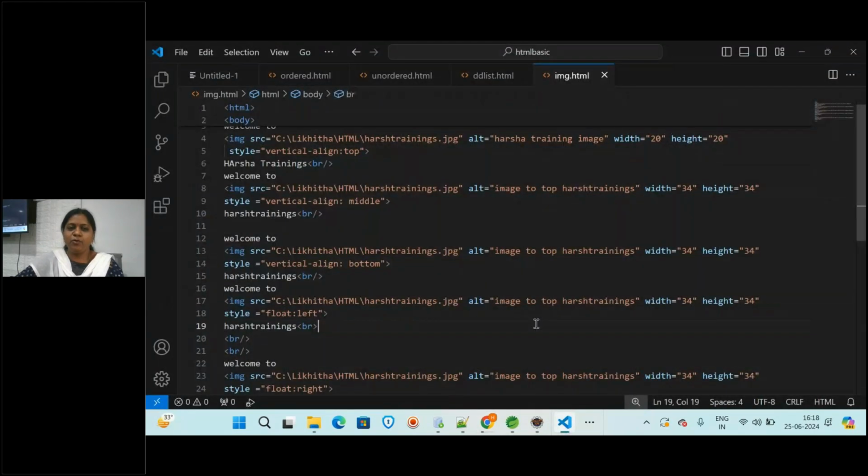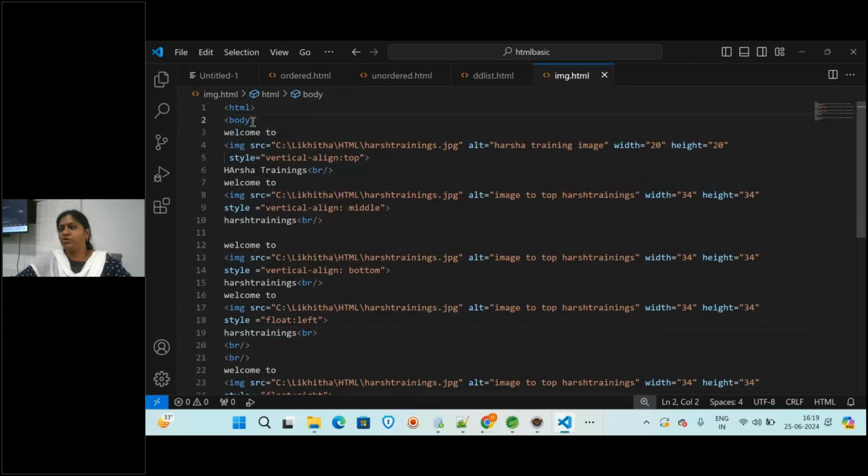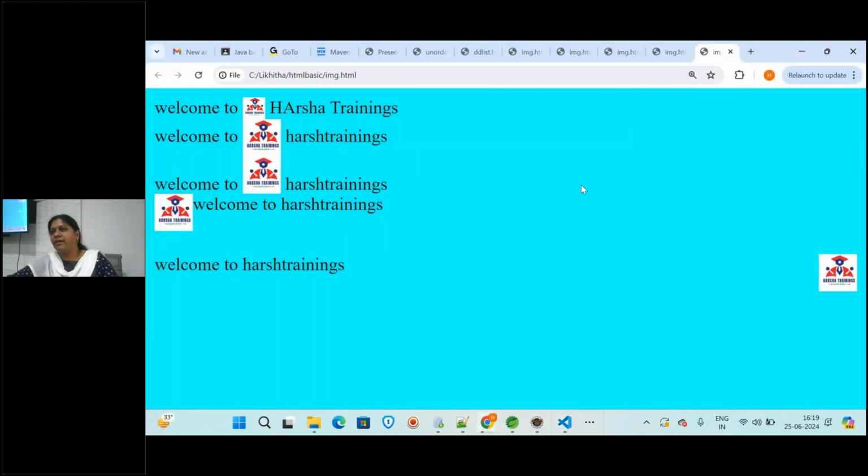Okay, in this, if you want any background color, so till now whatever you are learning, one by one you can embed everything. Like we are learning body background color, h1 tags we have seen. Anything you want to embed, you can use all the tags here. Suppose in this only, if you want to use the background color, you can add to it, like bgcolor is equal to, you can add the color here. So whatever you want, bgcolor is equal to cyan, like this you can add. And then let us run. So you will be getting the background color. So all the things you can one by one embed into the file.